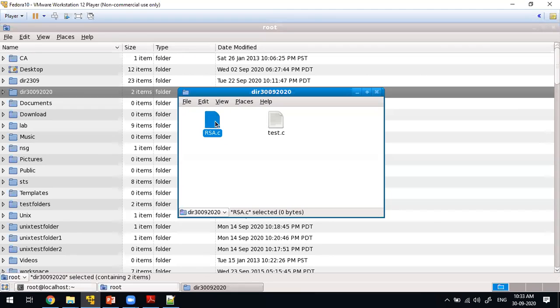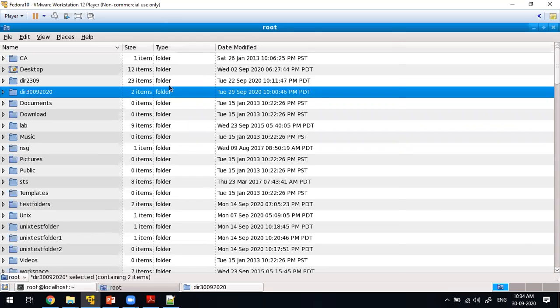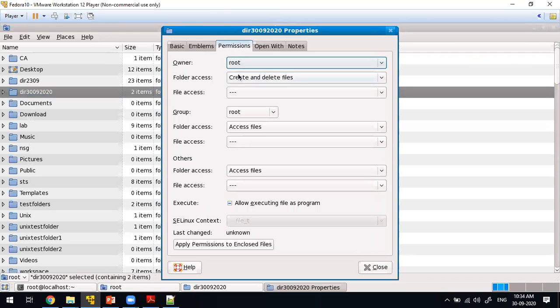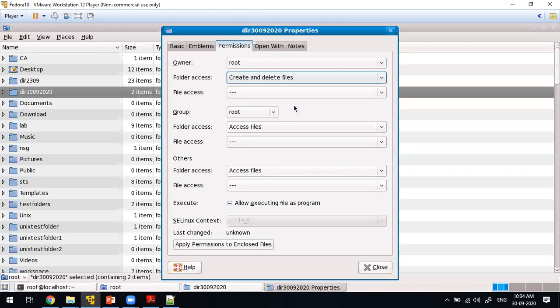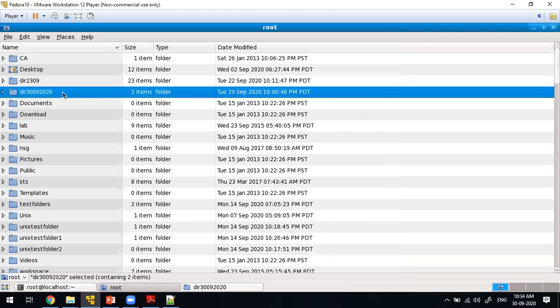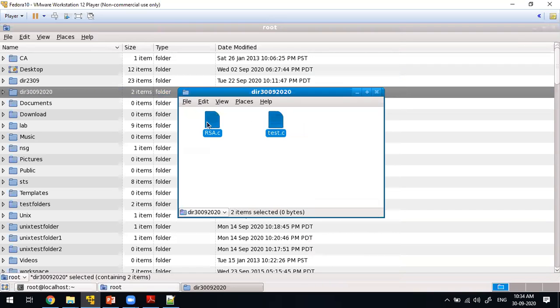Even if you have given full permission, read, write, execute, to rsa.c and test.c, if the directory permissions only allow reading, then you cannot access the files present inside the directory. All the control of these files depends on the permissions of the directory which encloses them.